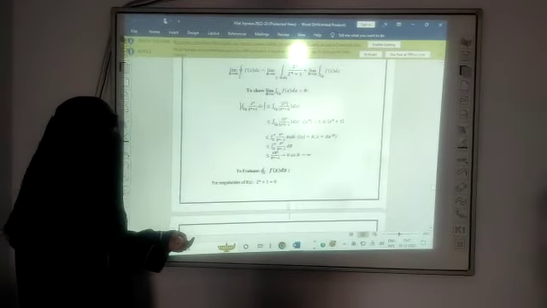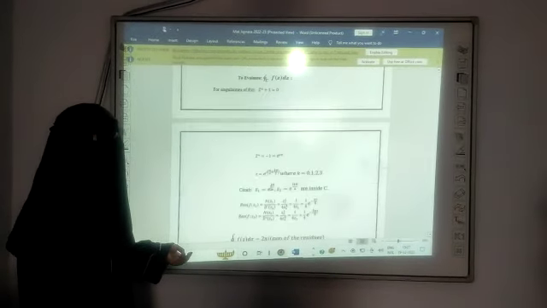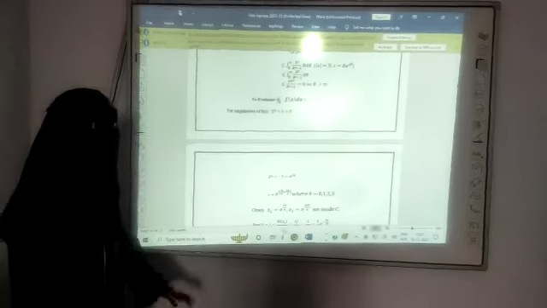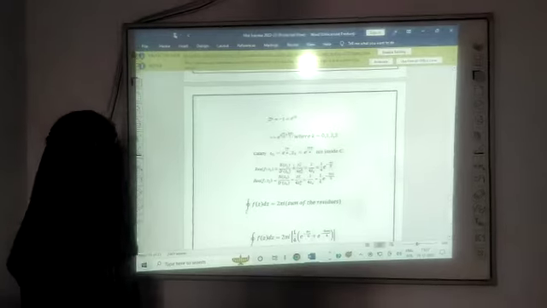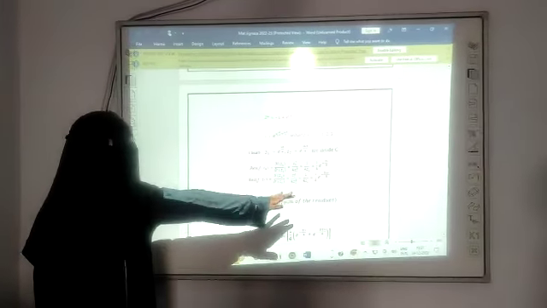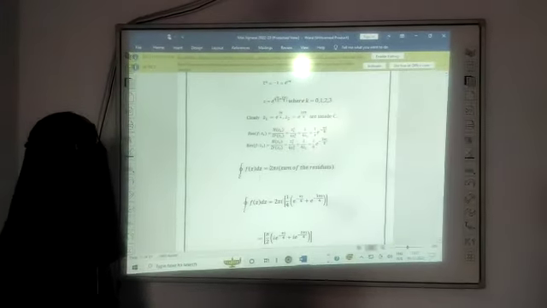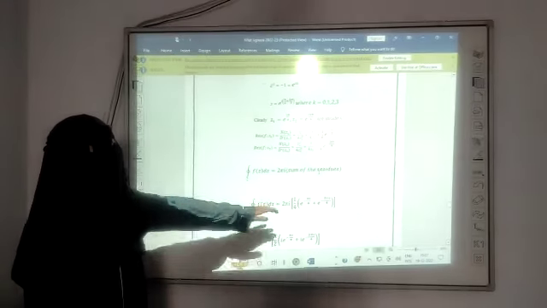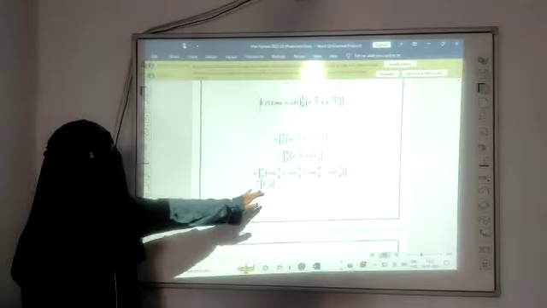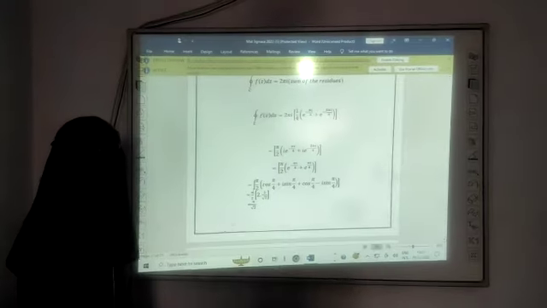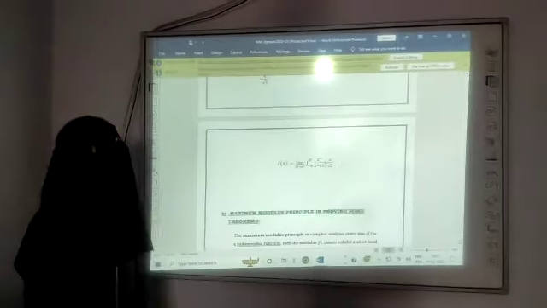Where z equals e to the power i pi by 4, clearly z1 and z2 are the poles inside the contour C. The residues of f(z) at the points z1 and z2 are these. The integral over C of f(z) dz is 2 pi i times the sum of the residues. The whole result is pi by root 2. It can be written as I(x).